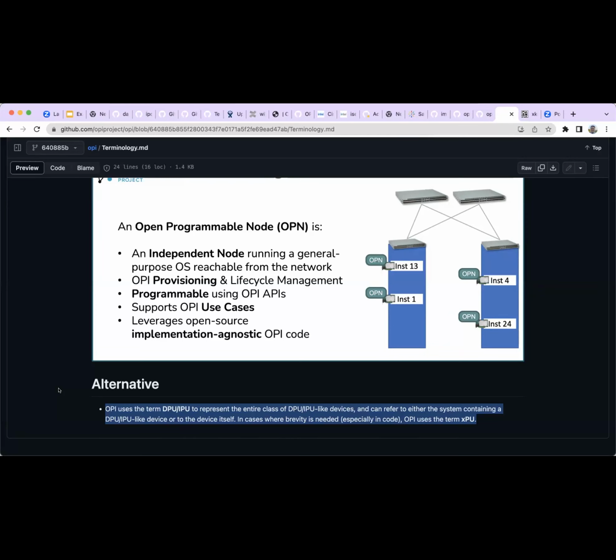Yeah, let me be super clear about a couple of things. The first one is that all of our outward facing material would be DPU, IPU. That's what OPI agreed to in the first place. So anyone who reads it will see DPU, IPU. It's been that way the whole time. We leave it alone. No one cares. We just leave it alone and we're done with it. Because in reality, everyone knows what we're talking about, and they know why we're doing DPU, IPU, and it's fine.